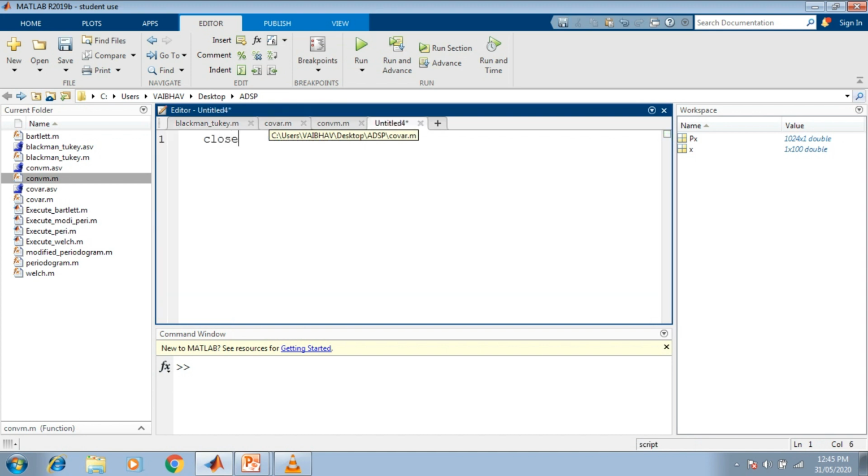We start with close all, next to that clear and clc, so the unwanted windows of MATLAB, the unwanted variables from previous programs present in the workspace, and the command window all get cleared, as we want a fresh execution. Now the first module I mentioned is to be started here, to generate the discrete time random process.